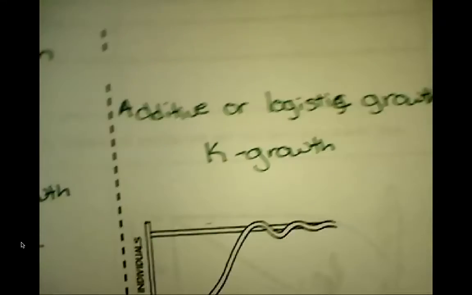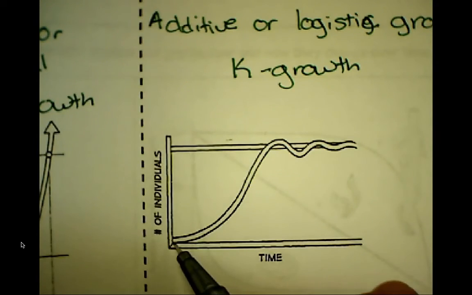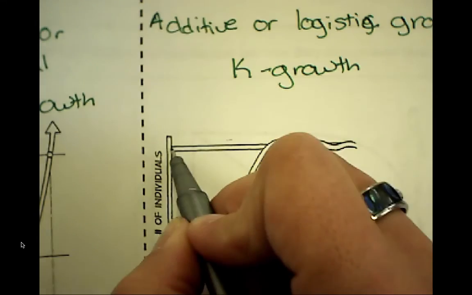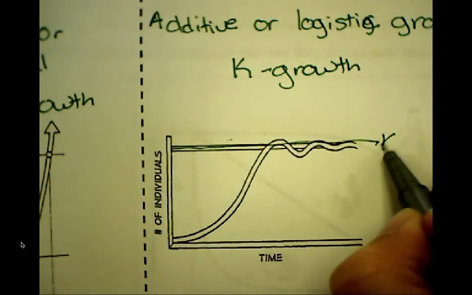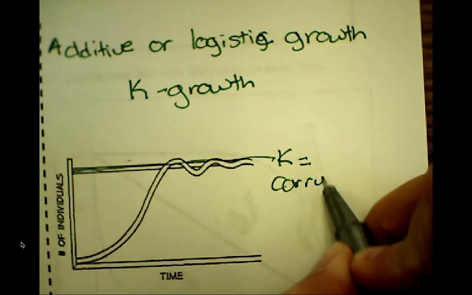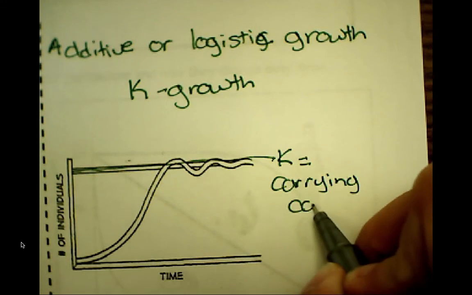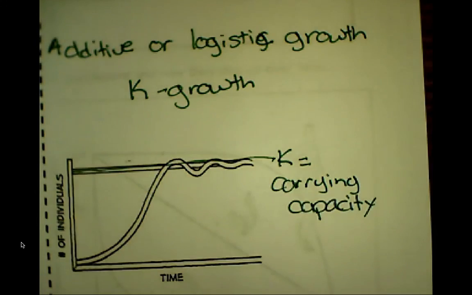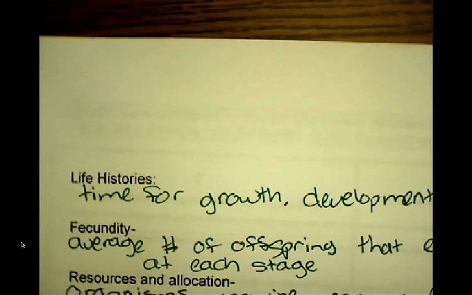Okay, what happens in this one is they'll grow for a little bit. They'll grow actually exponentially, but then they level off and they reach what's called, this line here is K, or it stands for super annoying carrying capacity. It's annoying because it doesn't start with the same letter. We will look at this in class, so hopefully it makes sense then. So what ends up happening, let's look at if you are an R selected species or